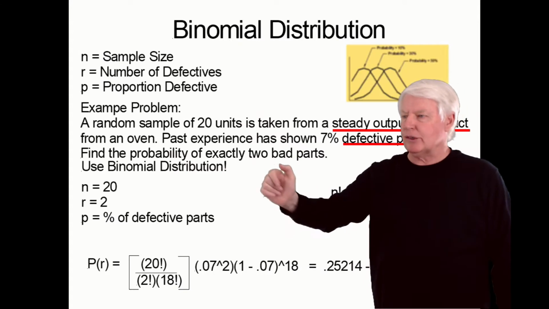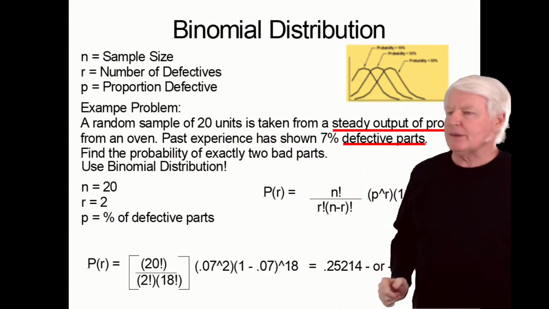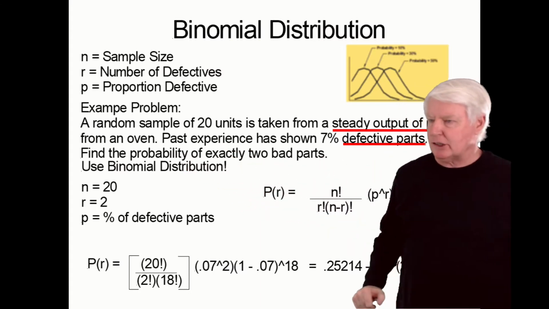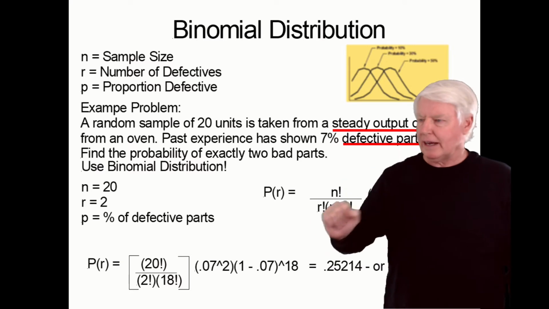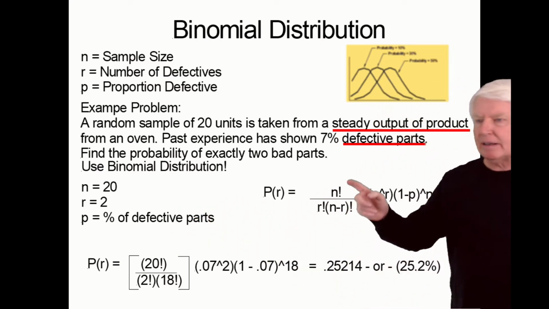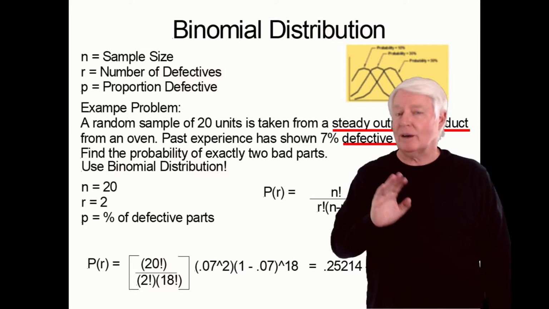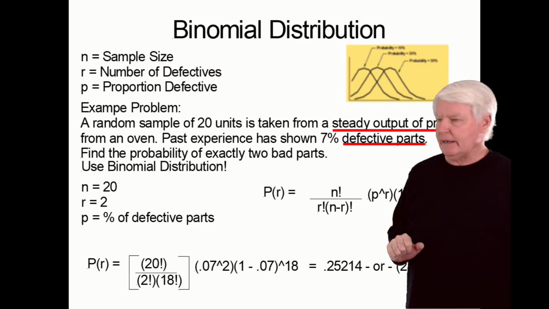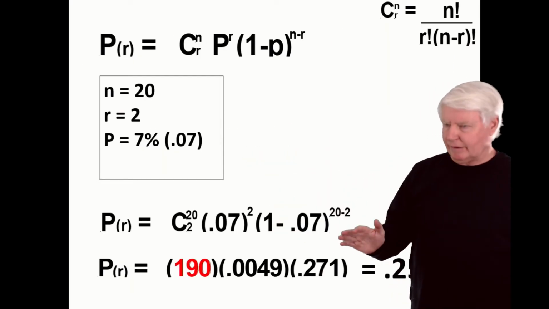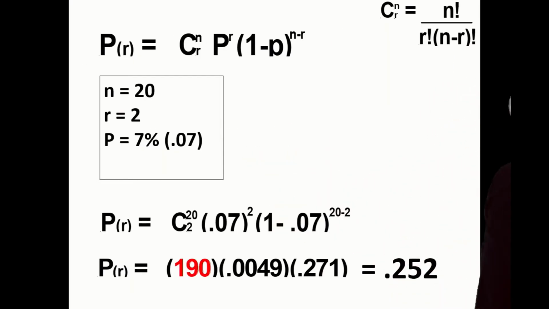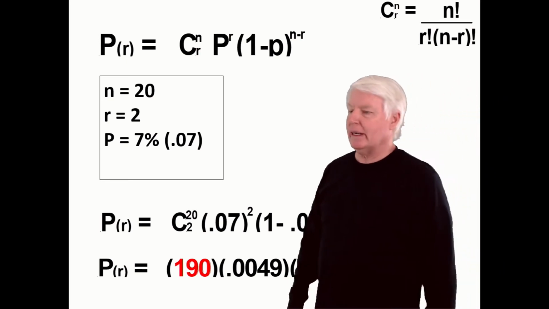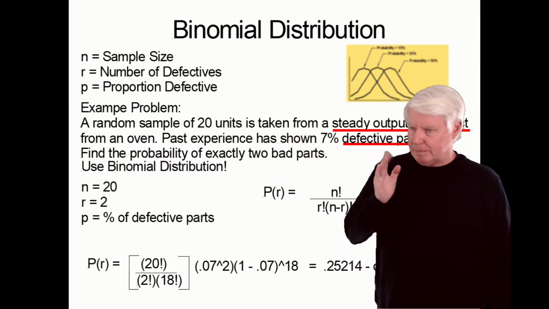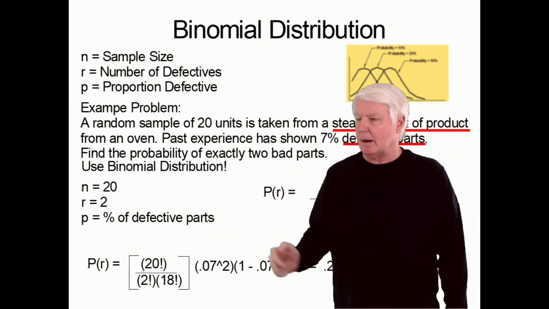So I did that. N equals 20. Where did that come from? Sample size of 20. R is 2, because I'm finding the probability of exactly two bad parts. Remember, bad parts and defective mean the same thing. And the percent defective parts was 7%. In this formula, don't use 7%. You'll use 0.07, the proportion. Okay? So we did that. We plugged it in here, did our calculations, and we get 0.252, or 25.2% probability that out of 20 units, 7% defective on average, what's my probability of getting 2? It's